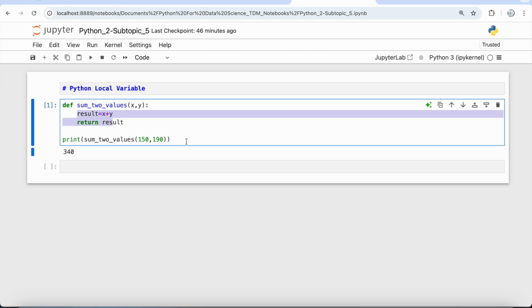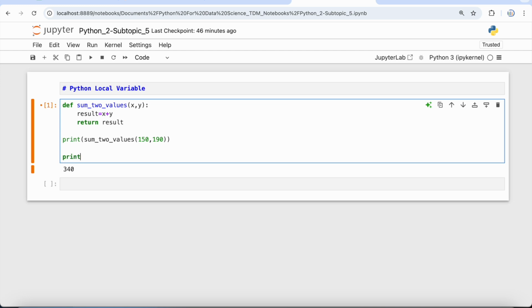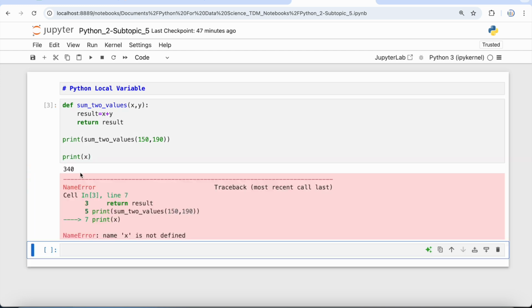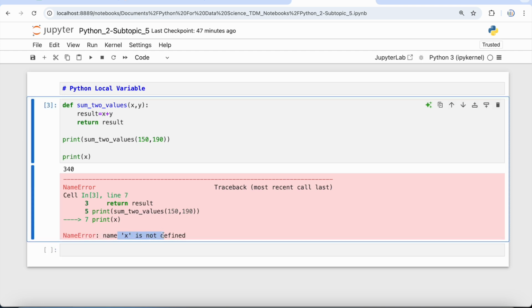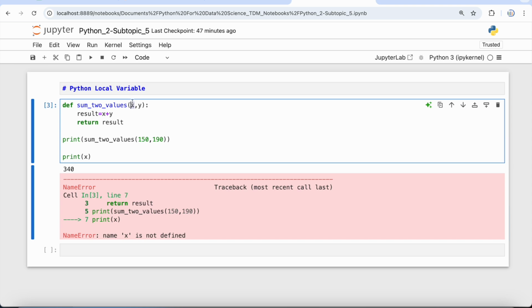So let's try it out. If I say print x, okay, let's run it, you will see a NameError: name 'x' is not defined, and that is because x is a local variable for this function, which has a scope only till these two lines. So if I return x over here instead of this result, and let me print this,